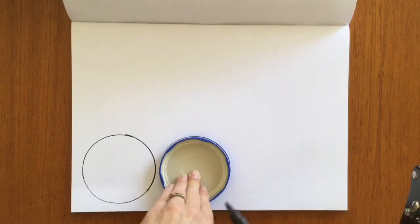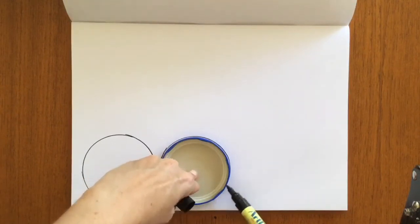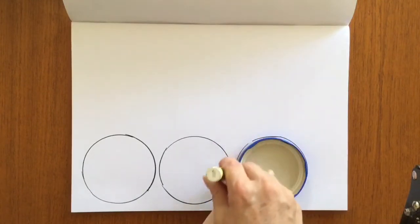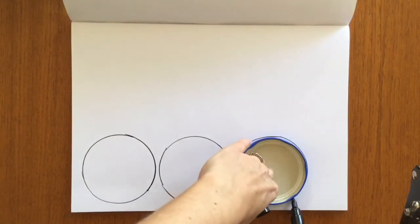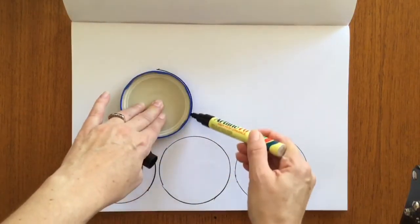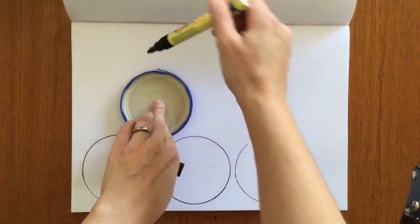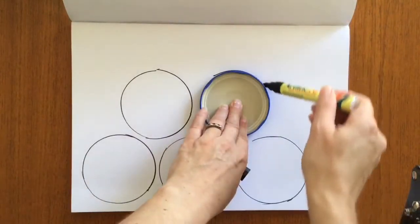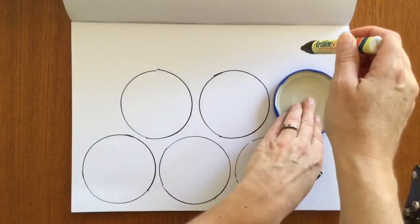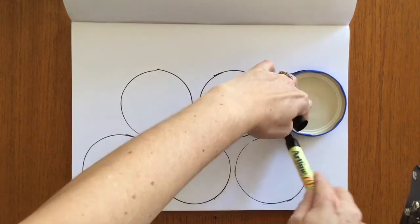Move it, trace around, keep filling it up, and I'm trying not to overlap. Maybe I'll put some, this is called offset, where instead of putting your circles in a line, you do the next row in between. I'm going to fill my page with as many circles as I can,